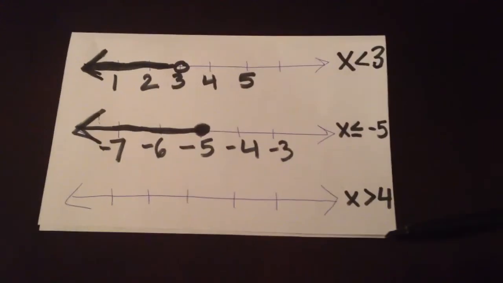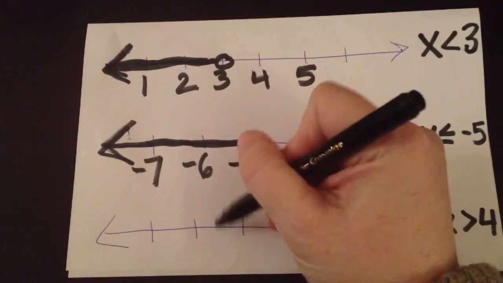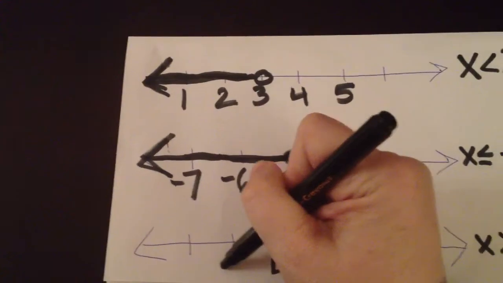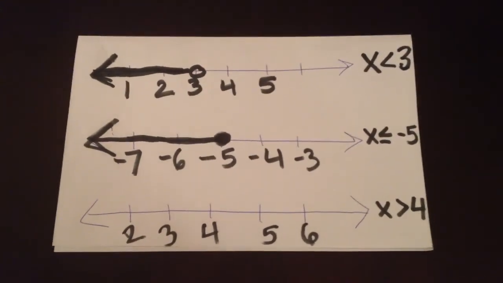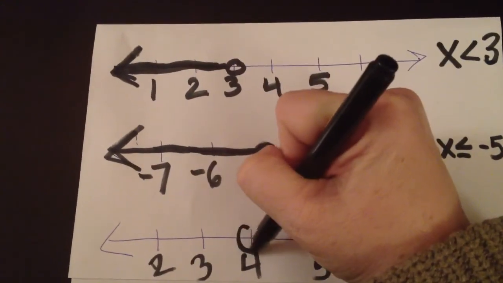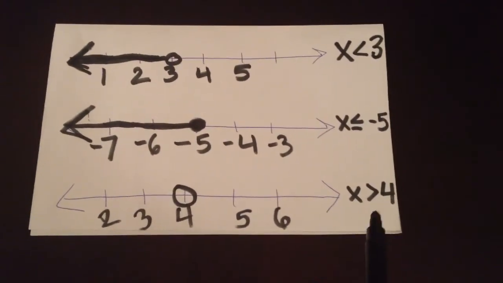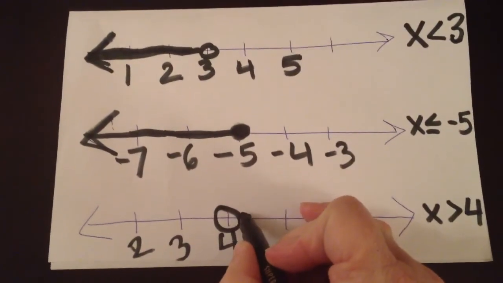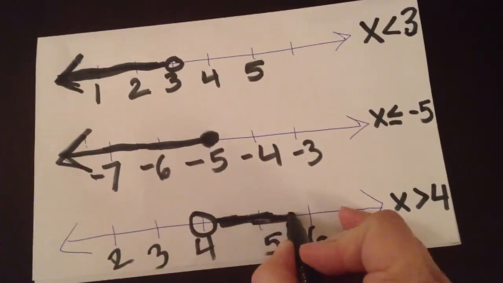Okay, our last example is x is greater than 4. So again, we need to put our number 4 on here somewhere. Okay, and then x is not equal to 4, so we need to have an open circle. But it is everything greater than 4. So greater than is going to point in this direction since this is where the numbers are greater. So it can be all the numbers that are greater than 4. So we're going to shade in our line,